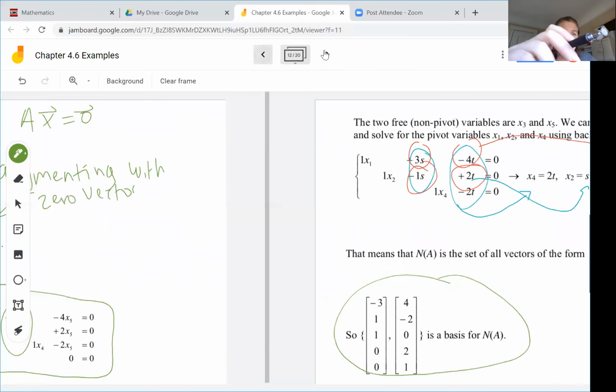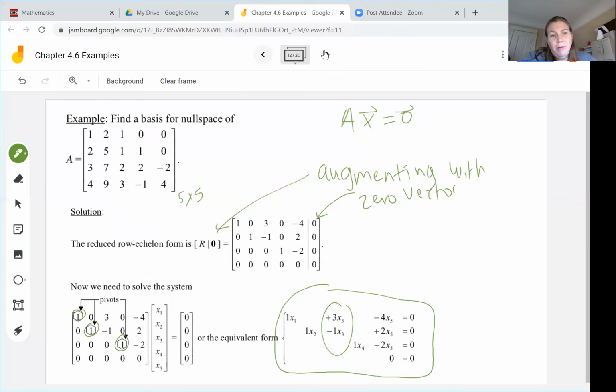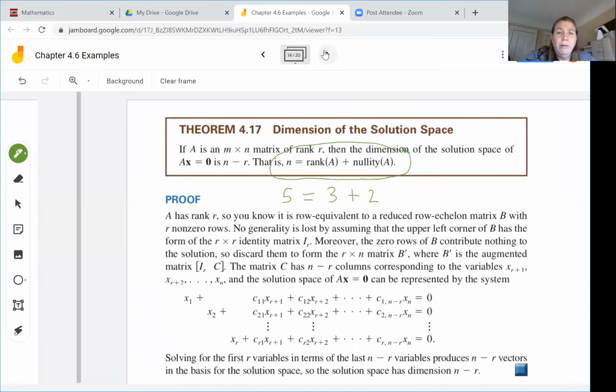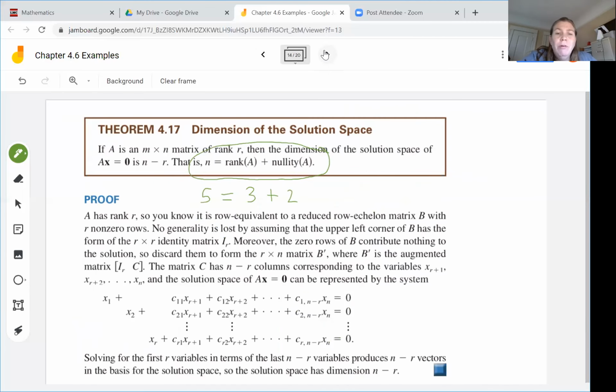If you look at this example we were looking at earlier, the pivots were for x1, x2, and x4, but if we rearrange things, we're not going to lose any assumption power here. So that's what we mean when we say without loss of generality. You could rearrange and have the identity matrix for R spread out, or you could rearrange it and put it in the upper left corner here as we are. Okay, moreover, the 0 rows of B contribute nothing to the solution, so we can discard those